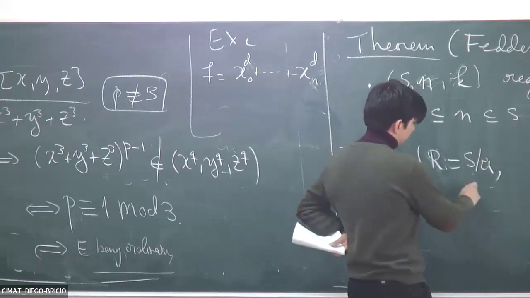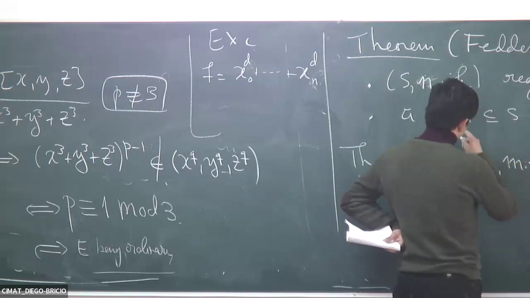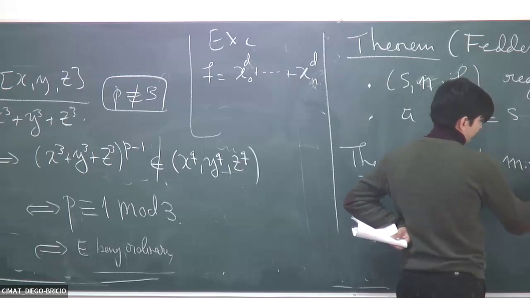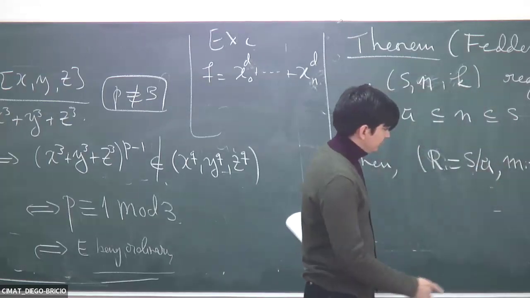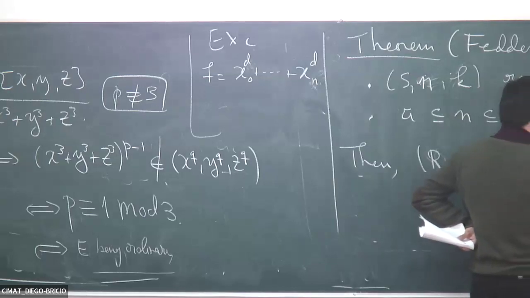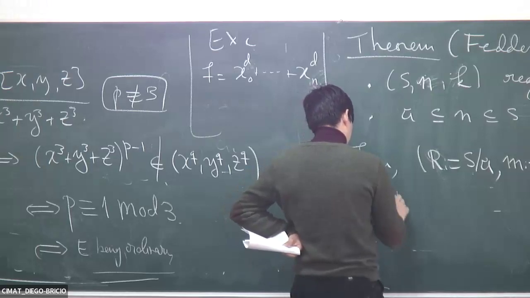What is the maximal ideal of this local ring? Well, it is n modulo A, and the residue field is k. So you have that this local ring is F-pure